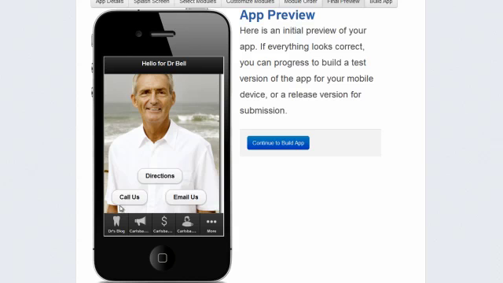And you can see here there's interactive features. You click there and you get directions to his office. Click there, you automatically call him. Click there, automatically email him. There's no way that Dr. Bell doesn't want this. I mean, and the way that you can price it, it depends on what sort of